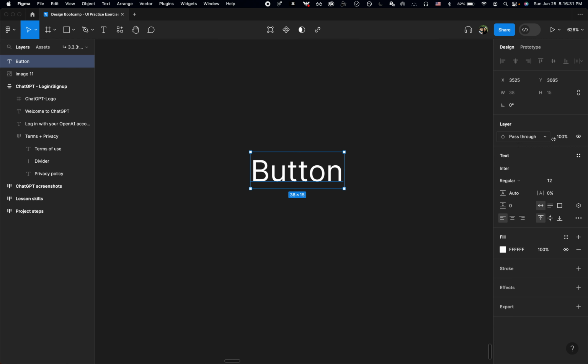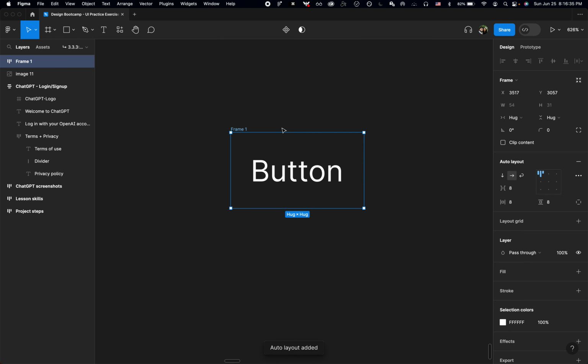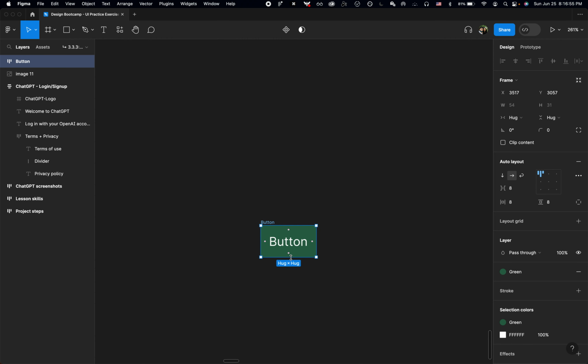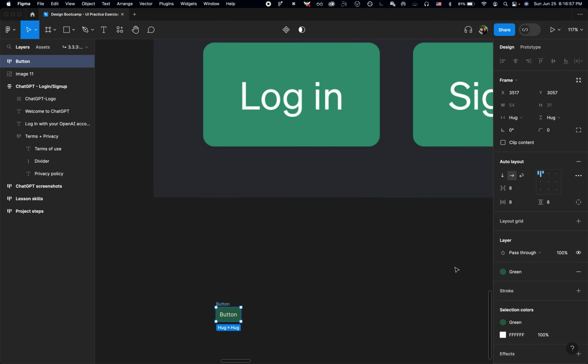However, I'm going to add auto layout to this text layer by doing Shift A. Okay, so now this button label has a frame, and the frame has a certain amount of spacing, both 8 pixels left and right, and 8 pixels top and bottom. So I'm going to rename this to button, and then I'm going to make it green. And I know this is probably not the right green, so I'm going to exit that,